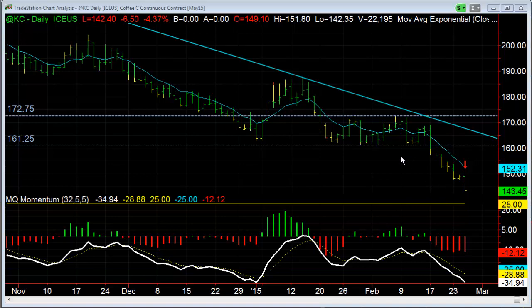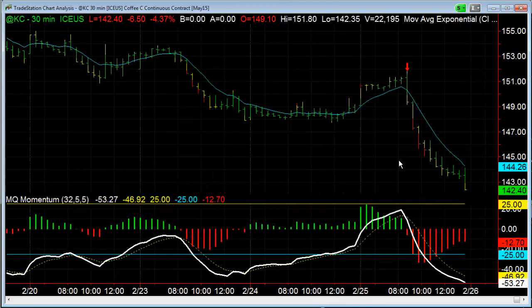We're going to go ahead and take a look at coffee. More specifically, a trade that we had earlier today in coffee based off of what's called a high-low reversal. And that is when you break the high of the previous bar and then reverse and break the low. And then coffee happened to also close down below the low like this, giving us what's called an outside bar,